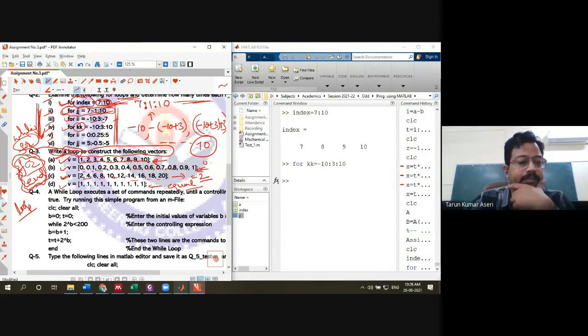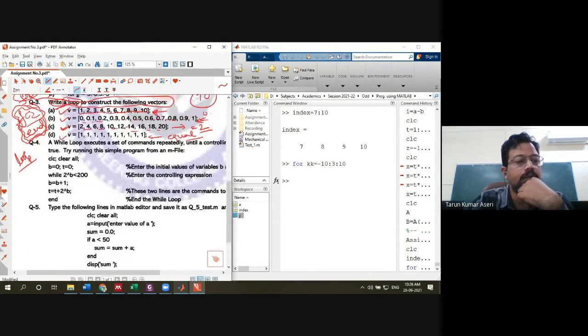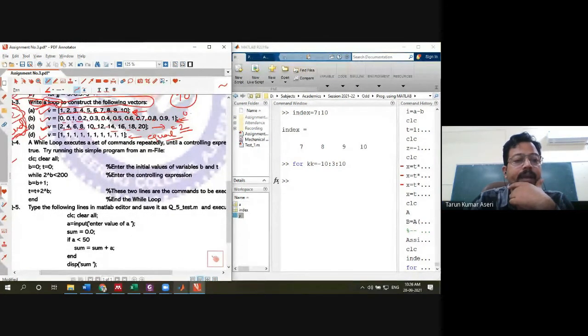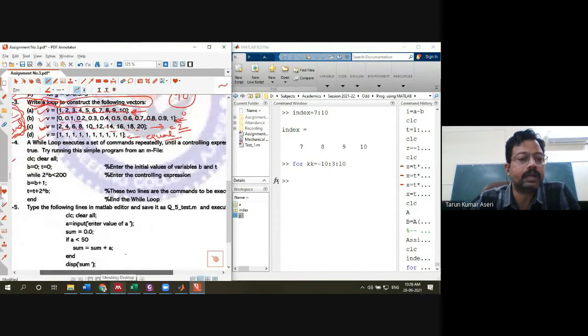Now another example is here. Then we will take one more example. It's question number 5. A while loop executes a set of commands repeatedly until a controlling expression is no longer true. Try running this simple program from an M file. Now you need to type here.